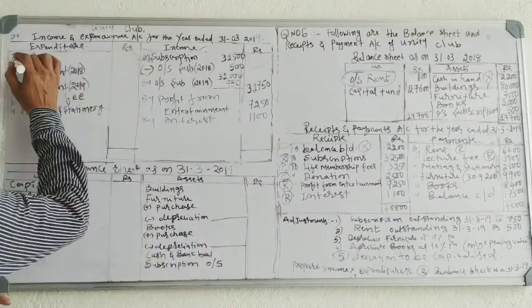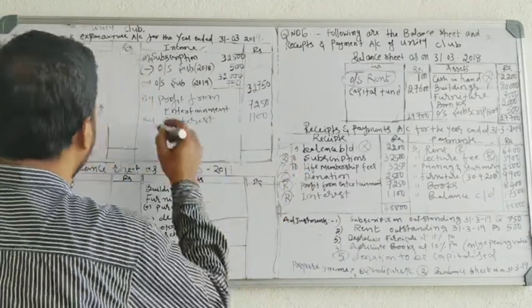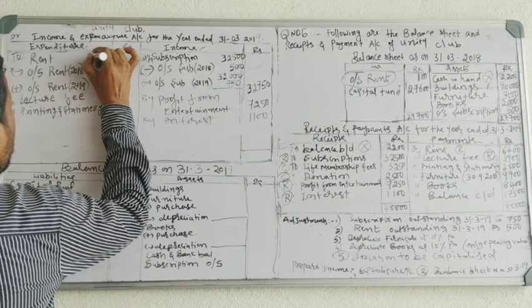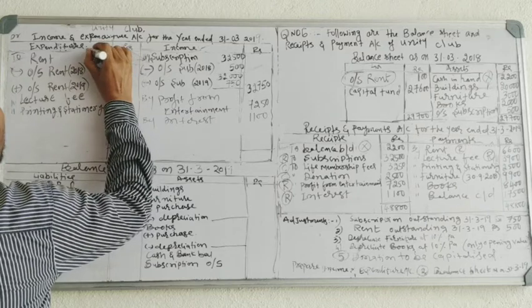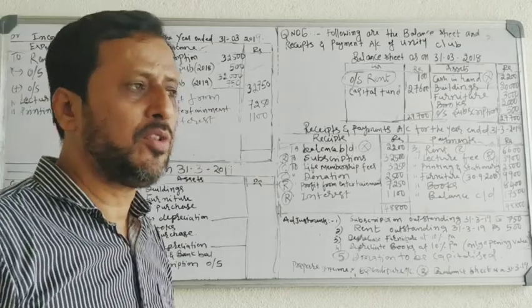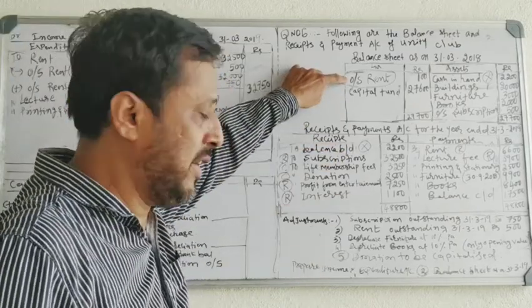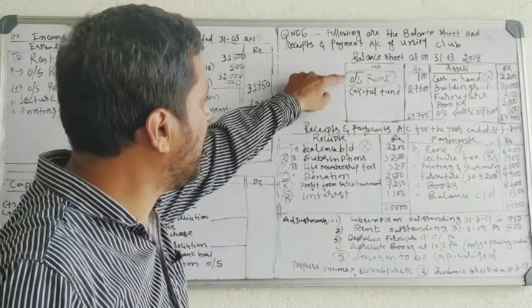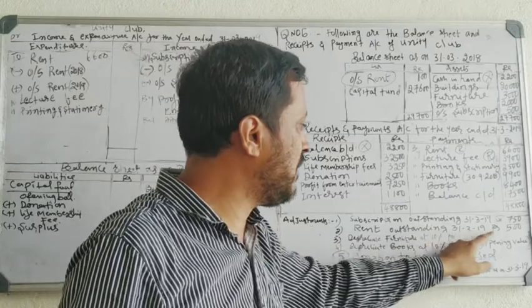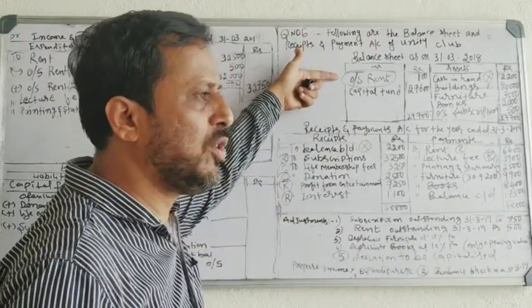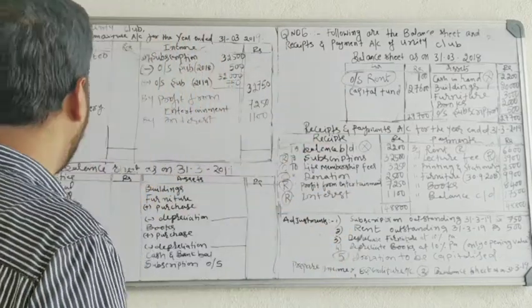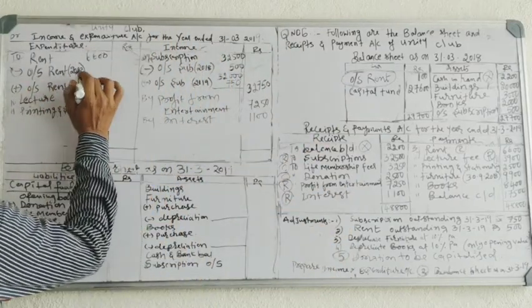Okay, to rent, how much? 6,600. So you have to see the balance sheet. There is a last year outstanding rent. There is a current year outstanding rent. There is outstanding rent on 2018. There is a second adjustment, rent outstanding on 31/3/19, 500. Last year outstanding is 100. Current year outstanding is 500. So last year outstanding, you have to deduct. Less outstanding rent 2018, 100.